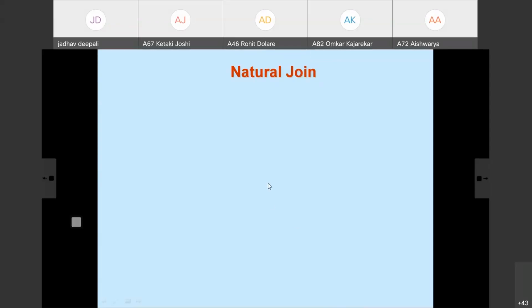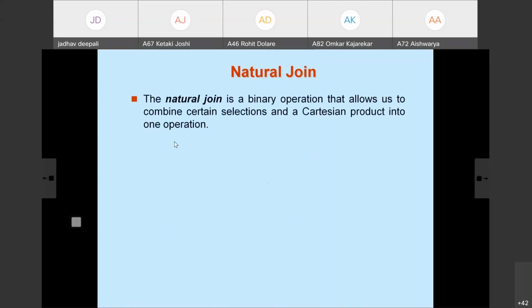Join operation is the extension of Cartesian product. In Cartesian product, we know that it has a drawback: it does not force equality on those attributes which are common, and that's why it gives some wrong result, and that's why we additionally are required to add this predicate in the Cartesian product. So the natural join is a binary operation that allows us to combine certain selection and Cartesian